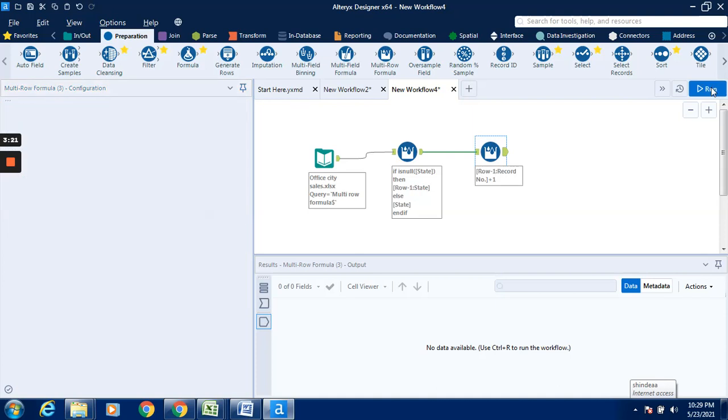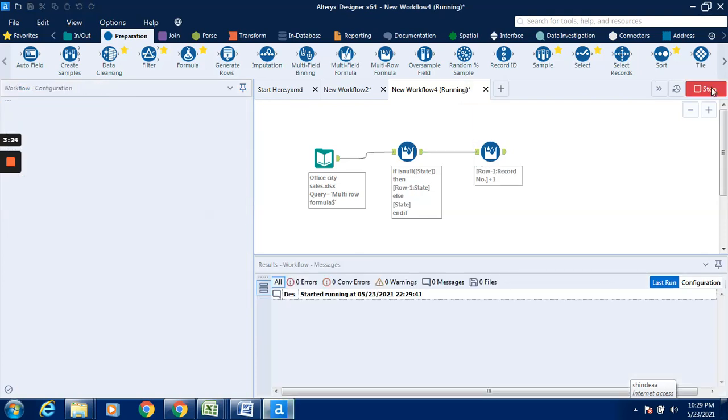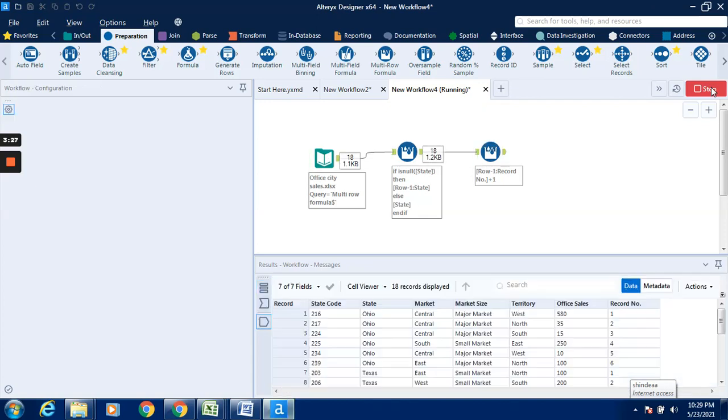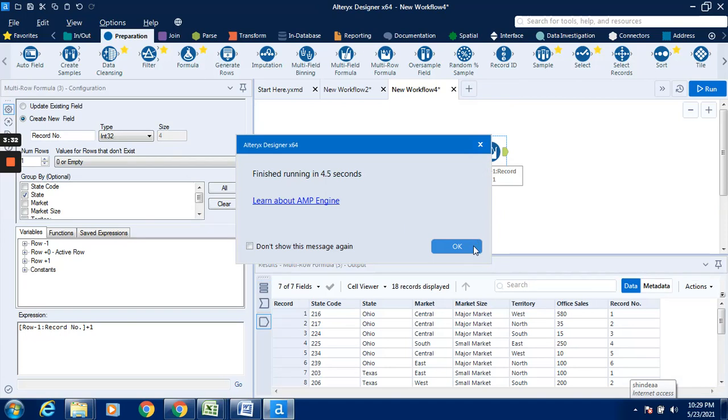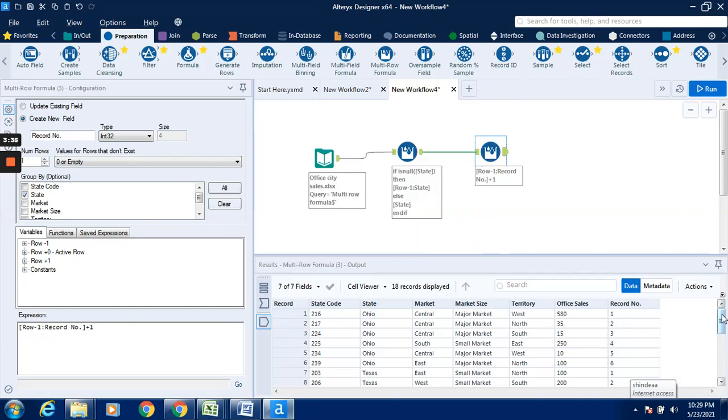So whatever fields are there, it will be providing numbering over here. So you can see that Ohio, how many times Ohio is there and how many fields are there. So 6 fields are for Ohio. The record number I have taken, I have created a new field, so it is 6 numbers. Then similarly for Texas, it is also 7 in numbers. How many records are for Texas